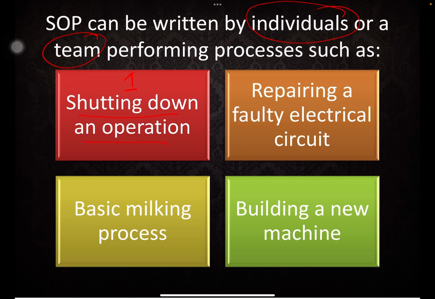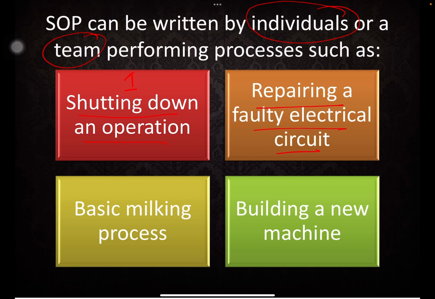All right, repairing a faulty electrical circuit. Let's say you want to replace a faulty circuit or board. What do we need to do? Do you just simply unscrew it from the frame and take it out? Or do you have to make sure that you switch off the main power or main supply of the electricity first, and then there are other additional steps that you need to do before you can perform the task? Or do you just leave it just like that? So SOP is actually helping you to make sure that you can follow